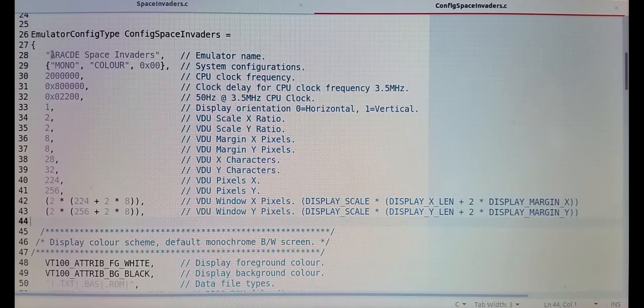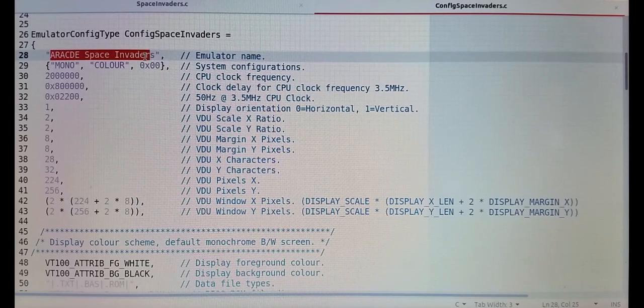So here's my configuration file for Space Invaders, and there's not that much you have to configure for the differences between retro computers or actually arcade machines. Because this arcade machine runs on an 8080 CPU, which is basically the same as a Z80, because the Z80 is more advanced than the 8080 and it's backward compatible with 8080 code, you can actually run the Space Invaders ROMs on the Z80 CPU without having any issues at all, by